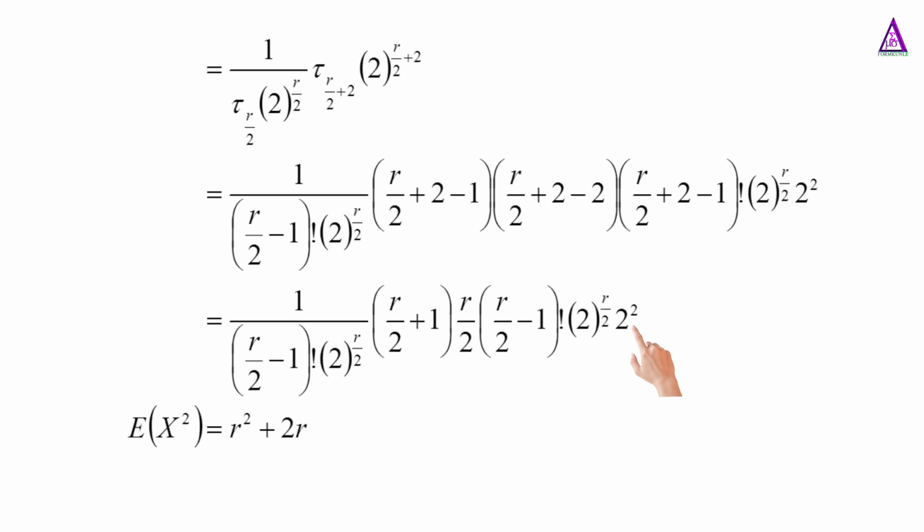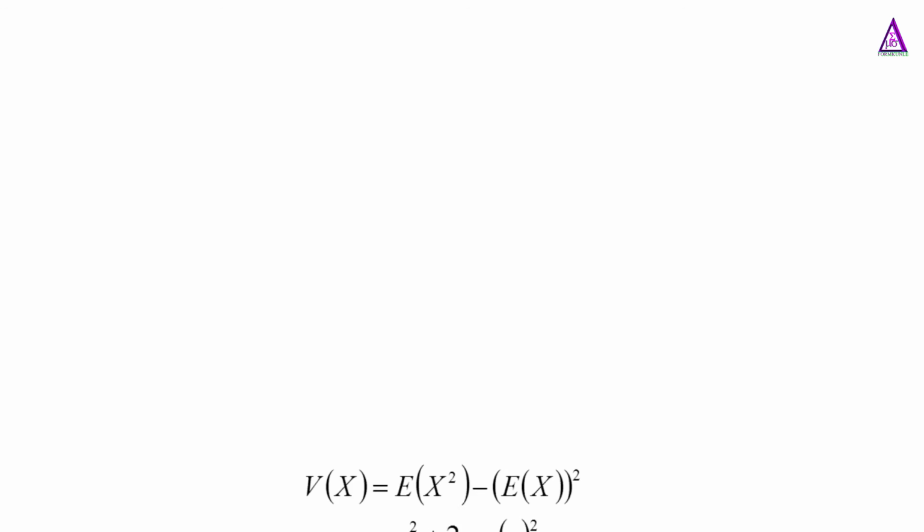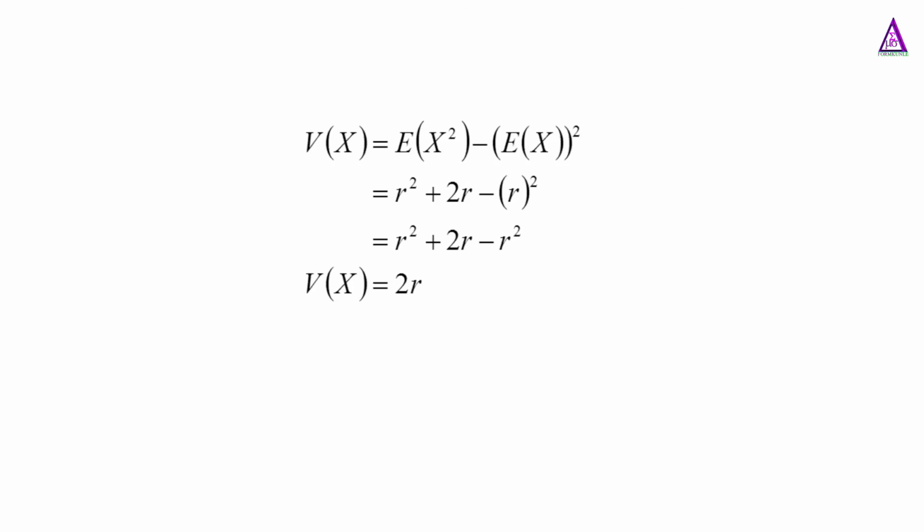And if you look at it, r divided by 2 negative 1 factorial can cancel r divided by 2 negative 1 factorial. 2 raised to power r divided by 2 can cancel 2 raised to power r divided by 2. The expected value of x square is now equal to r square plus 2r. So therefore, the variance of x equals the expected value of x square minus the expected value of x all square,